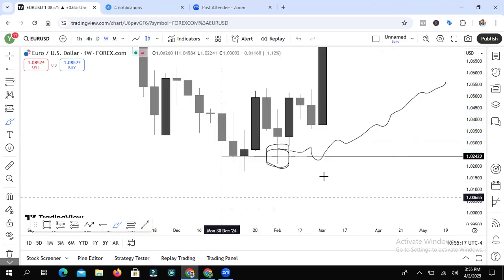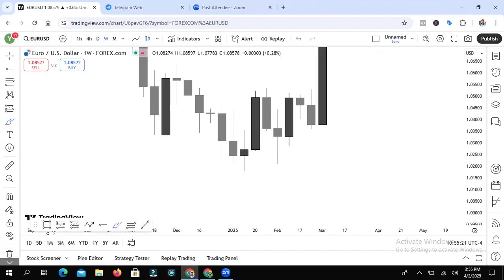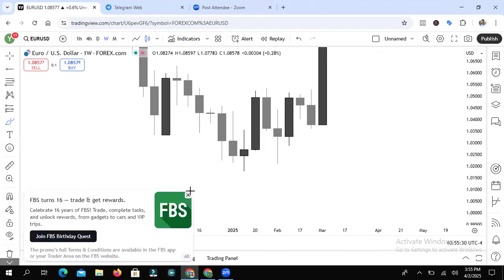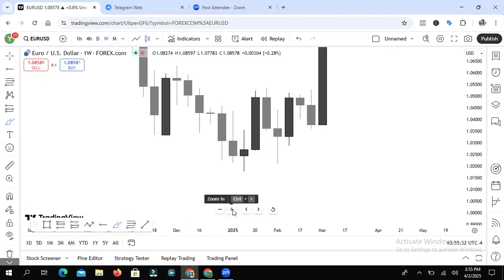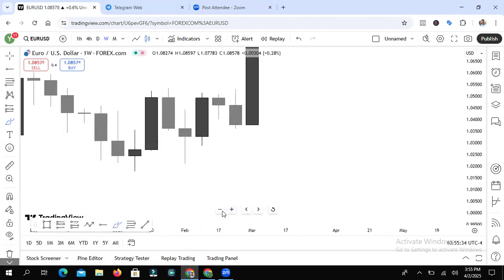Let me show you more examples on Euro USD. It works, like I said, on all time frames. But how do you spot a key level? A key level is basically a buy and sell candle where they are open. It's just basically a buy and sell candle that forms a resistance.